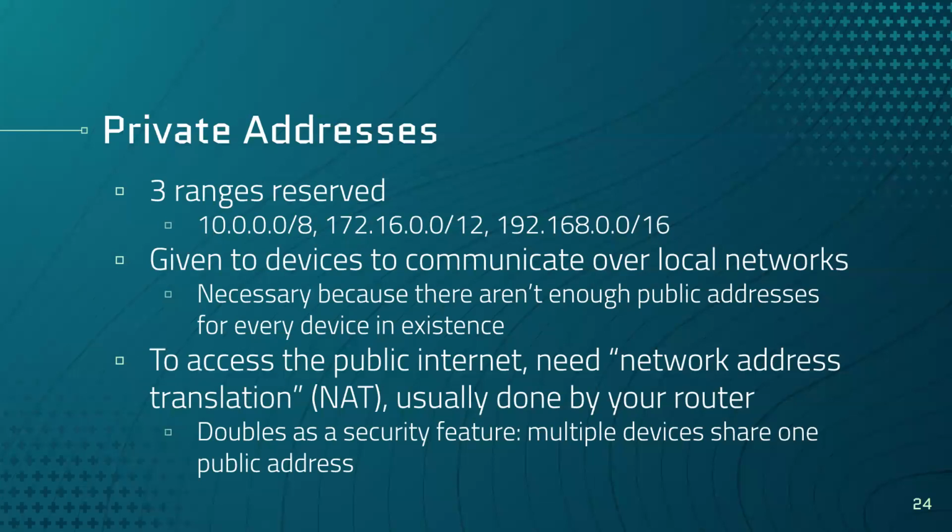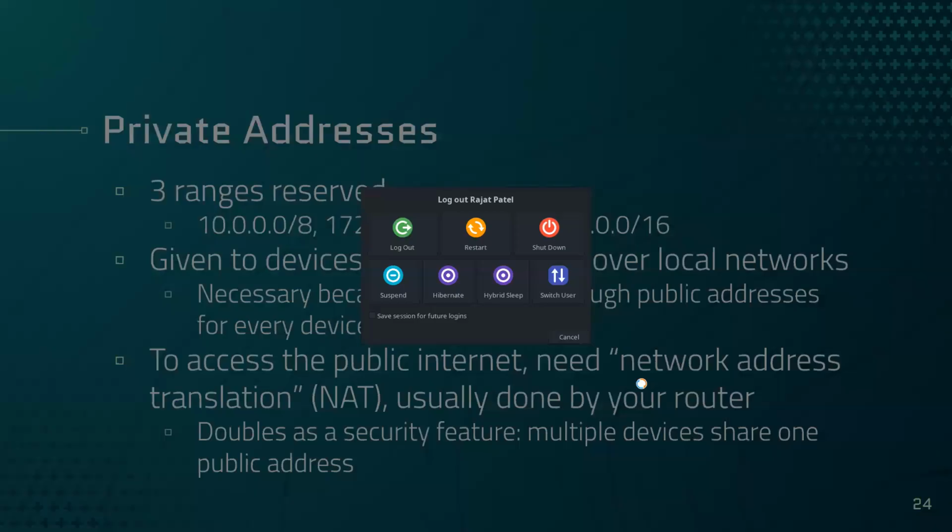So anyway, this is given to devices to communicate over local networks. And this is necessary because there aren't enough public IP addresses to cover every device on the internet. So to actually access the public internet, we can't have two devices with the same IP address on the public internet. That would break everything. So you need something called network address translation, or NAT, which is done usually by your router, although you can